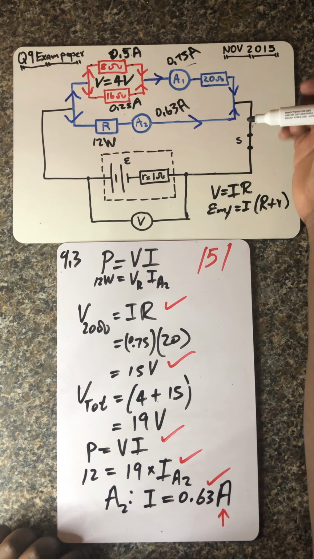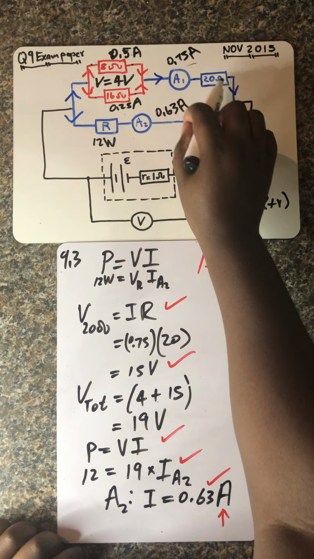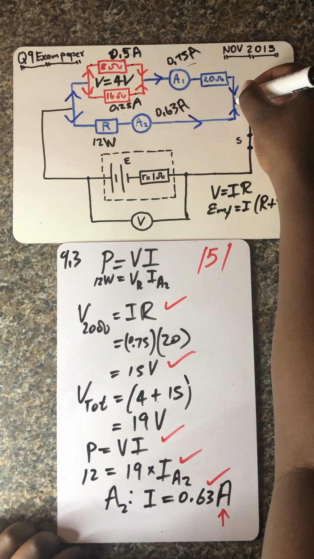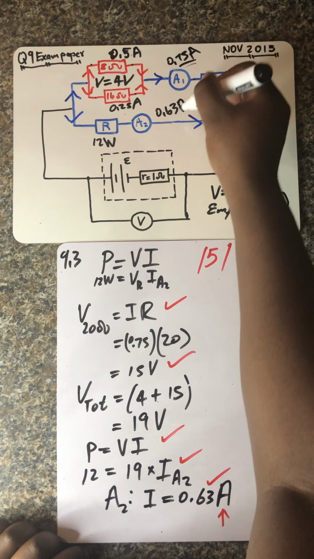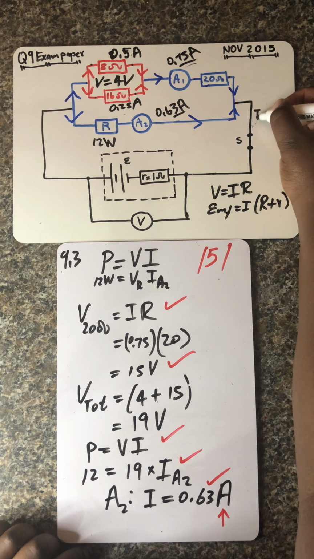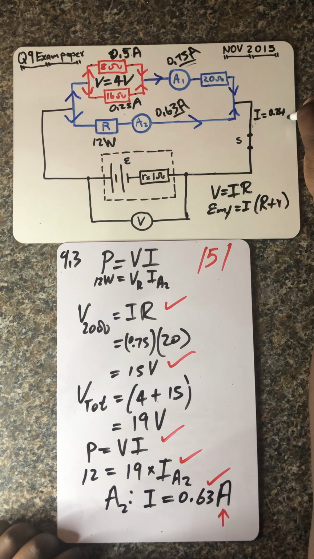Think of it as water flowing from that pipe, another water flowing from that pipe. When it gets to that point, it joins, and then it means you've got this amount of water and this amount of water. So that means current flowing there equals that 0.75 plus